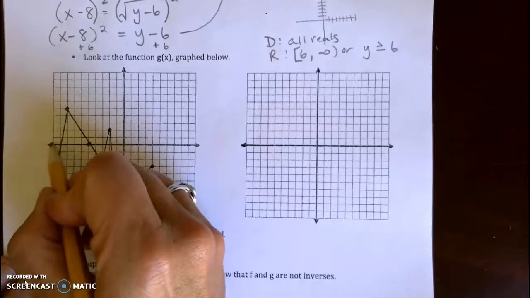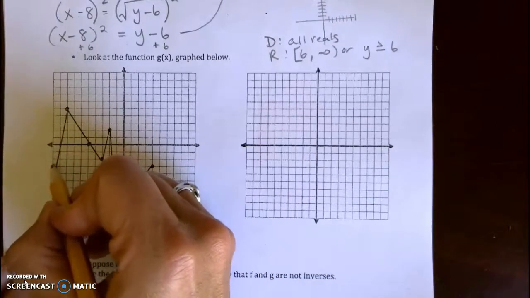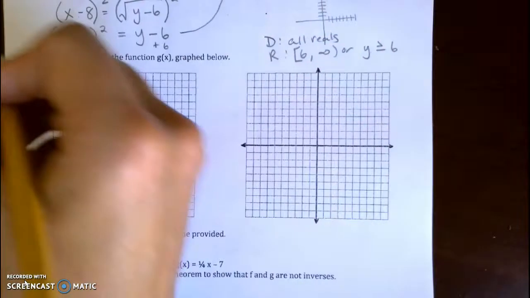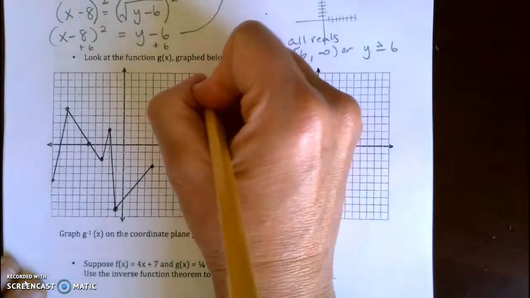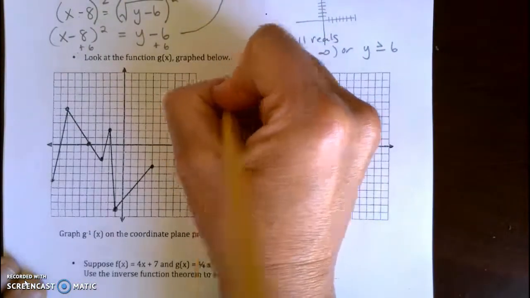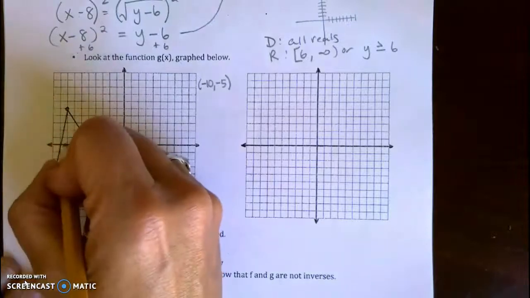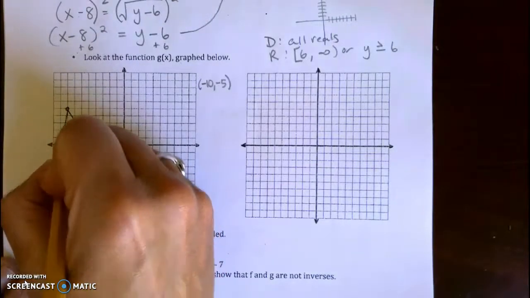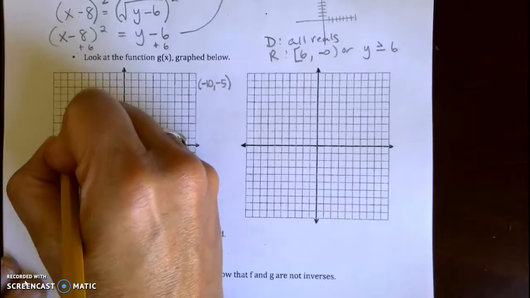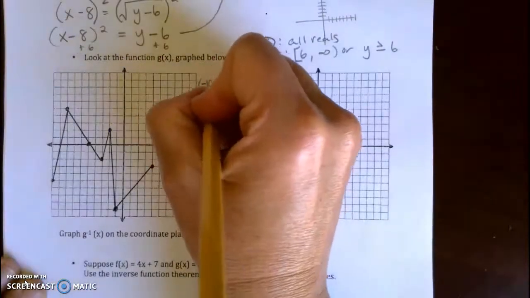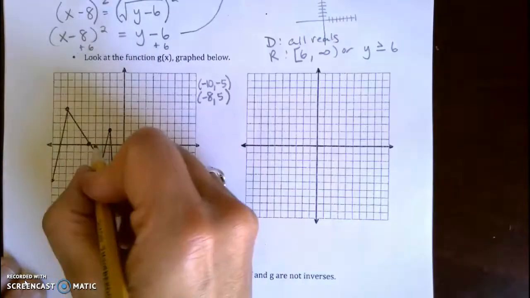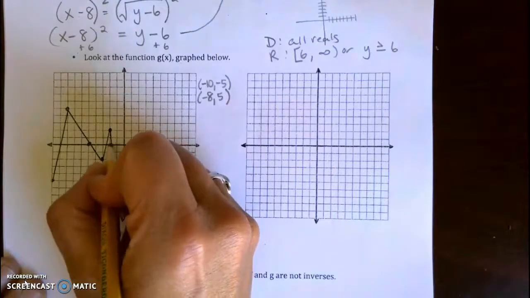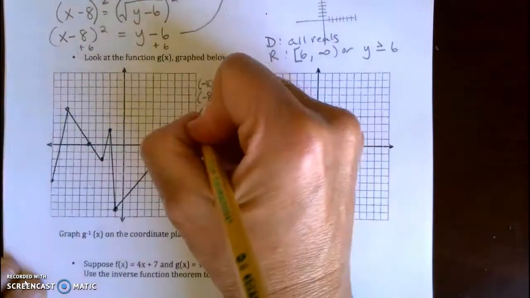So (-10, -5) is my first ordered pair, and then this would be (-8, 5), (-5, 0),